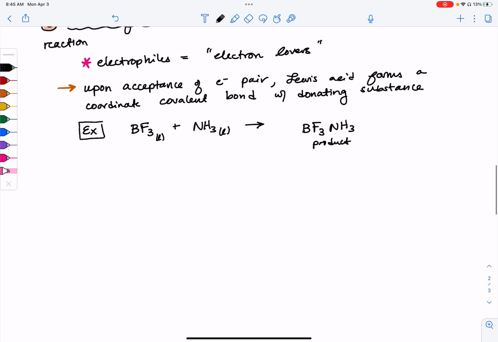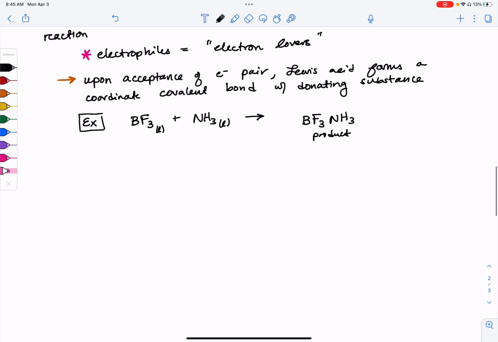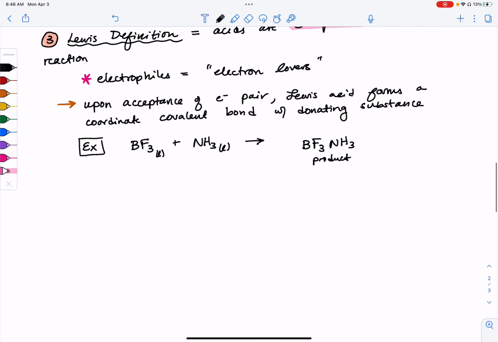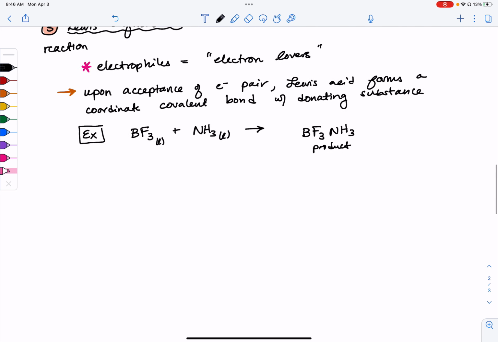Now, what is it about this product that has electrons being donated versus accepted? What's the Lewis acid here? How would I be able to know whether this is a Lewis acid or not? And what is going on with this concept of a coordinate covalent bond? So if we're going to be thinking about what electrons are doing, according to the Lewis definition, we should probably be drawing some Lewis dot structures so that we have an idea about what's happening with electrons